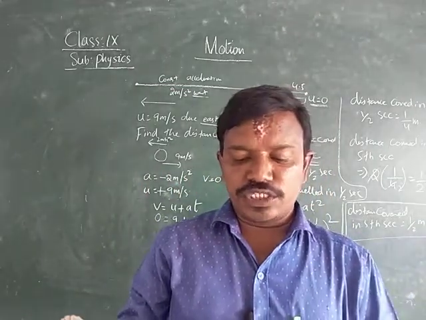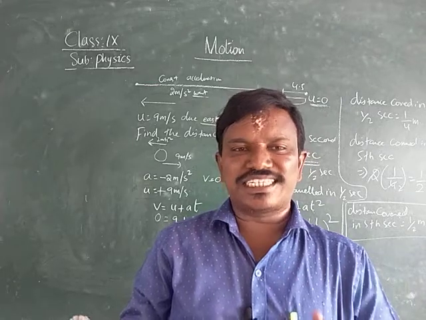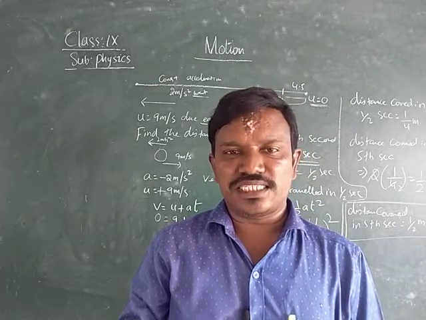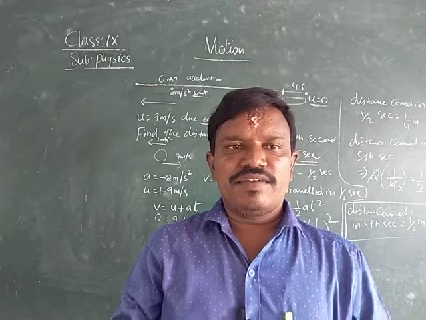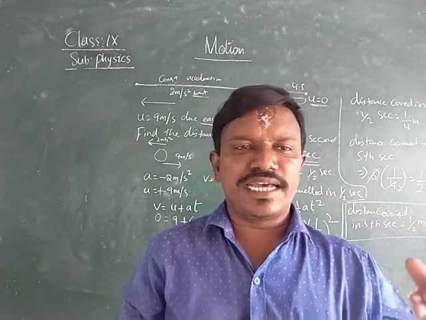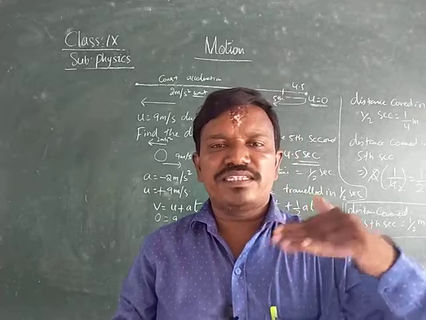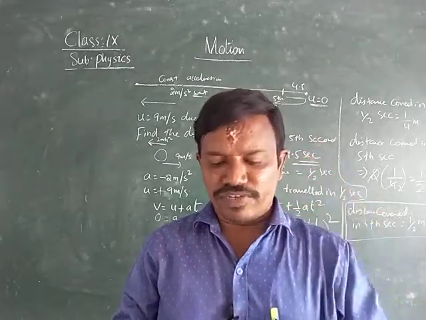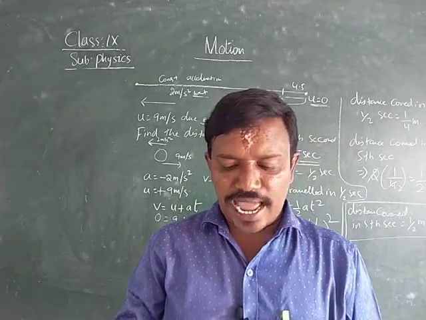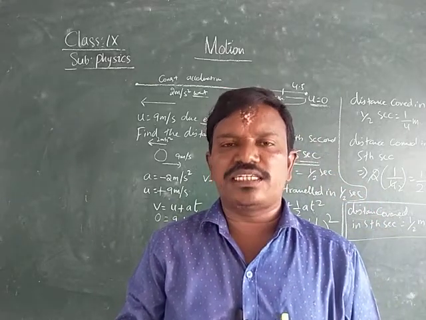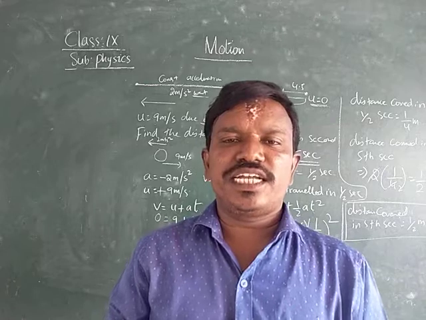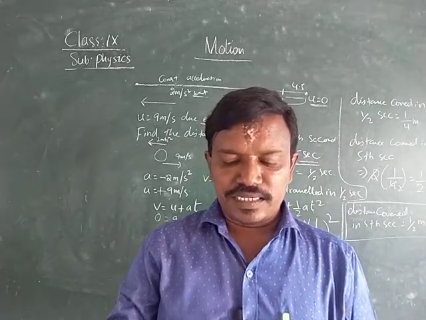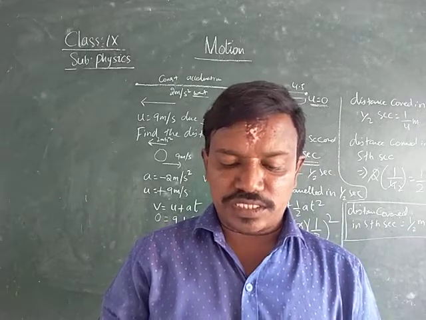Here the motion is uniform when the velocity is constant. Motion is uniform when the velocity is constant. When the velocity is constant, that means the direction of the object is the same, then motion is uniform, we say. A body has acceleration when the velocity of the body changes. When there is a change in the velocity of the object, then acceleration is exerted. Acceleration is the rate of change of velocity.